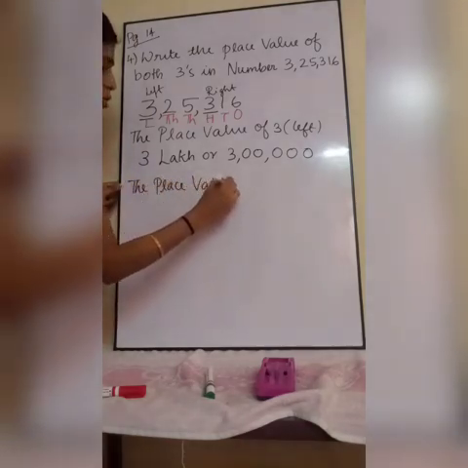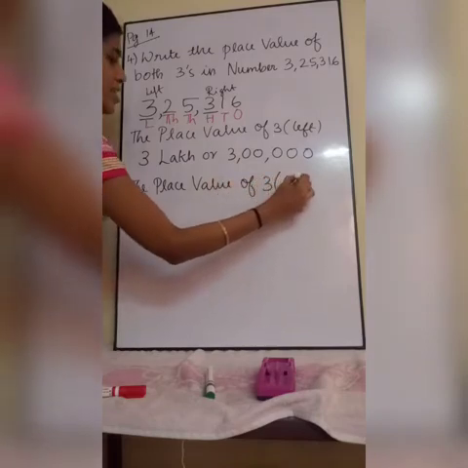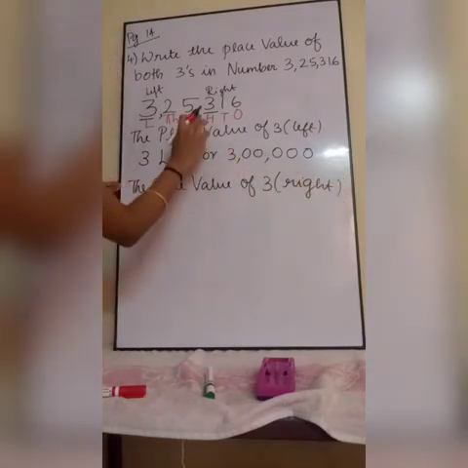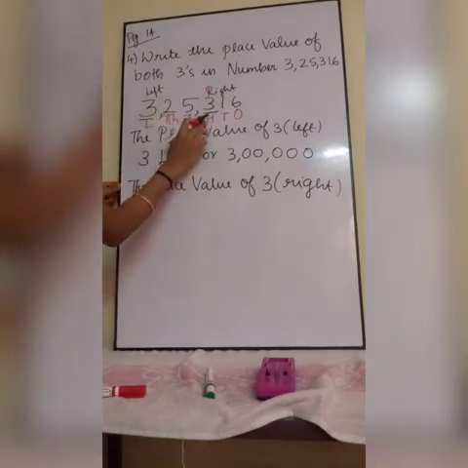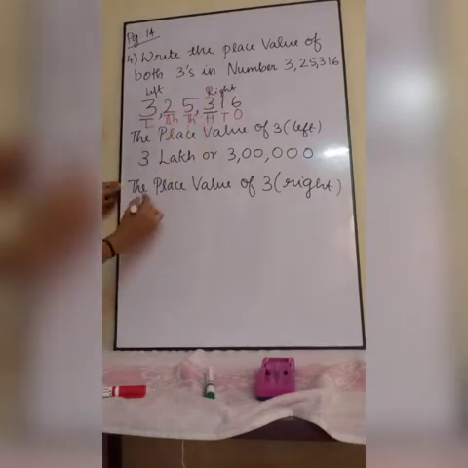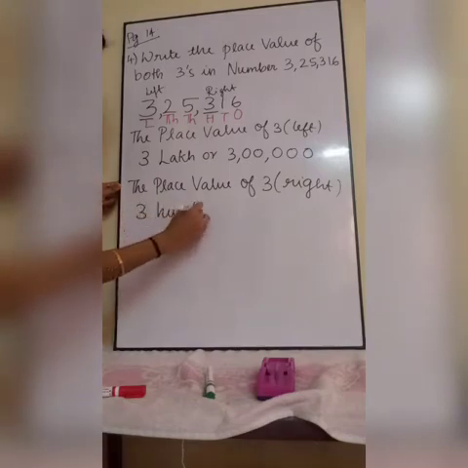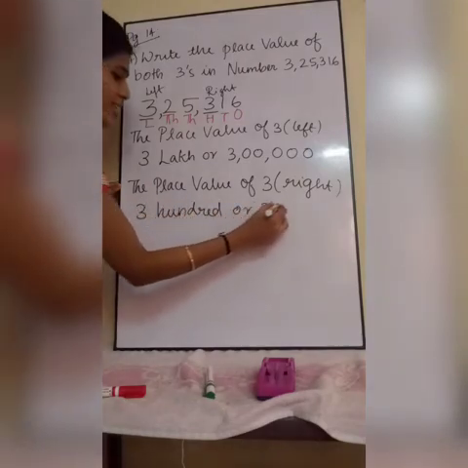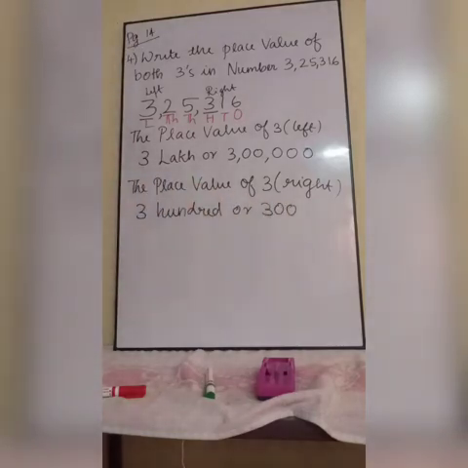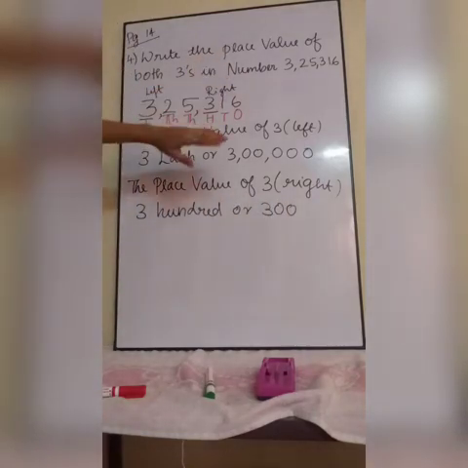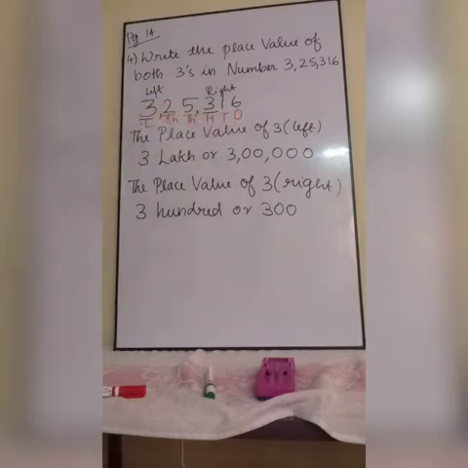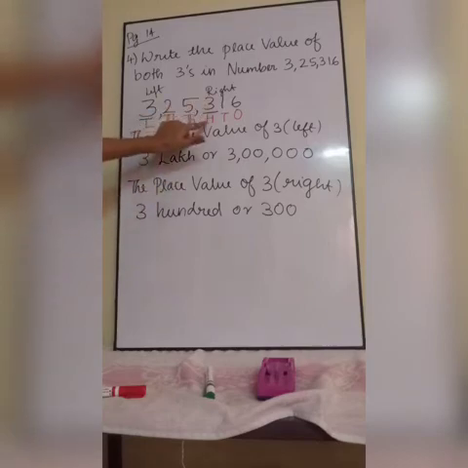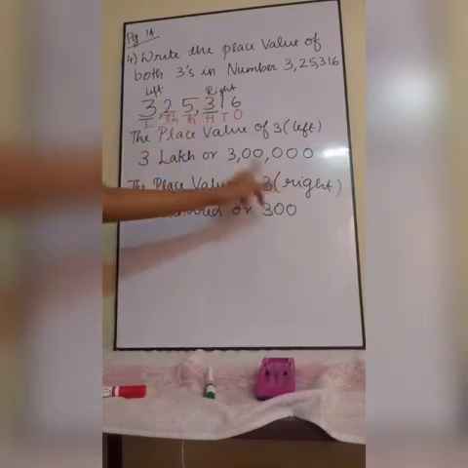Next, the place value of the 3 which is on the right side. Which position is the 3 in? In the 100 place. So 300. Or you can write it as 300. Understood? Listen. First you are writing that numeral and I am writing the place value of all the numbers. We have to find the place value of both 3's, this 3 and this 3. So this 3 is in the lakh place, so 3 lakh. This 3 is in the 100 place, so 300. You can write like this also.